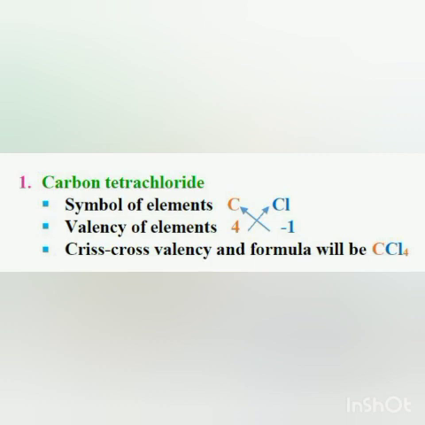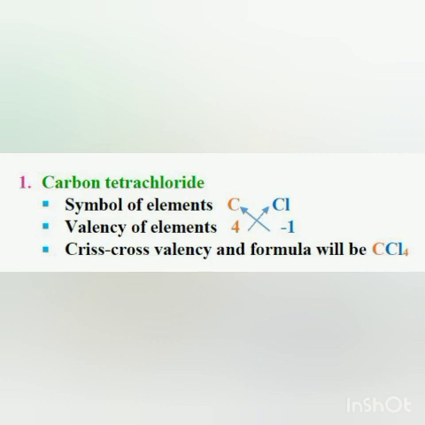or 1 minus. Okay, the metals are written first. C will be written first because it is more metallic than chlorine. And chlorine will be written afterward. If anything has -1, it will take electrons, and if it has a valency of +4, it can share the electrons or it can gain the electrons. But here carbon is more metallic than chlorine, so we place carbon first, in front of chlorine.